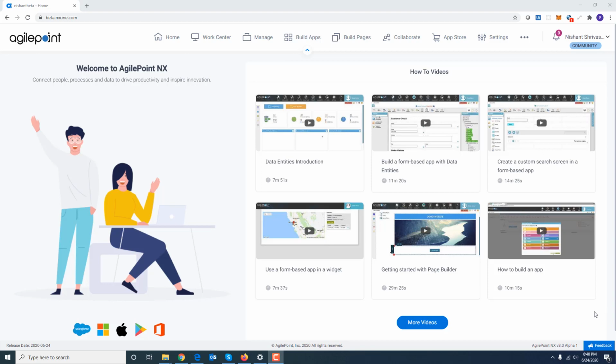Hello everyone. In this video, we are going to look at a feature which has been in great demand by many application developers for a long time. Though AgilePoint NX already provides you with a one-click deployment packaging of your app and its related artifacts like process model, forms, images, JavaScript, CSS, application level access tokens, and application specific configurations, an application can depend on shared components as well, which are used across multiple applications.